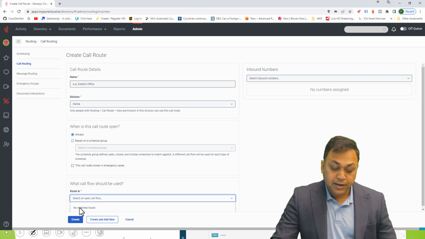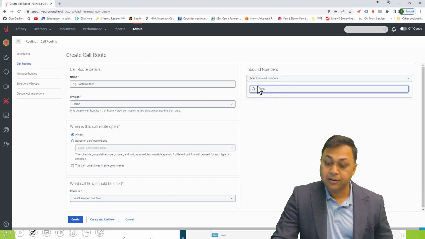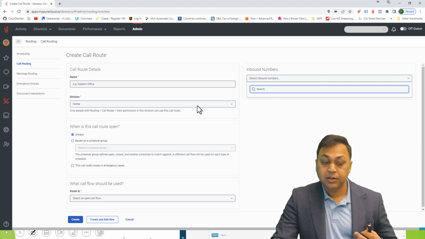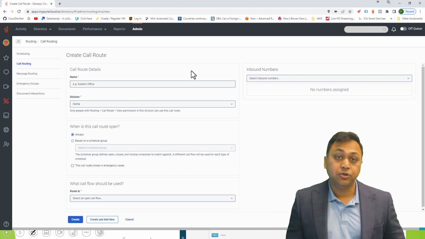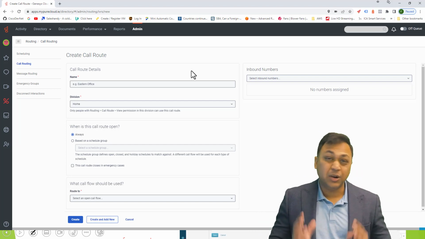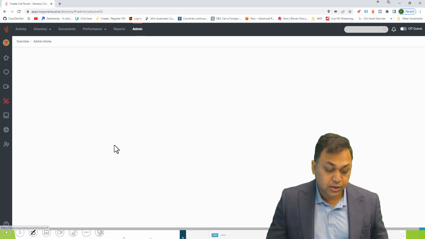You can specify a particular flow if one exists. You can define a phone number, inbound call phone number, and all such settings. In our lab guide, I will show you how to configure this. Right now, I just want to show you what the interface currently looks like. Now, if I go back to Architect,